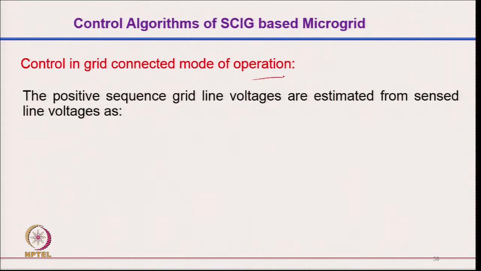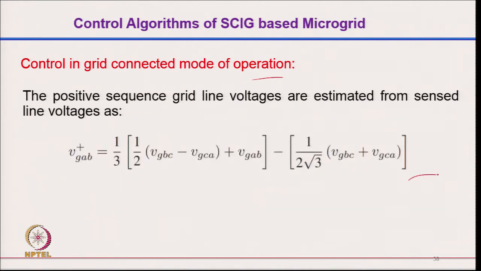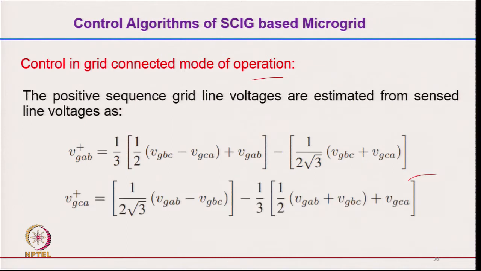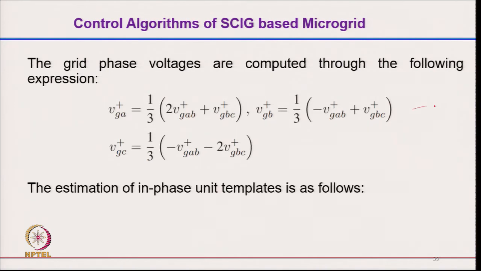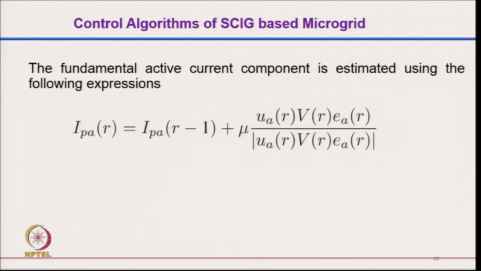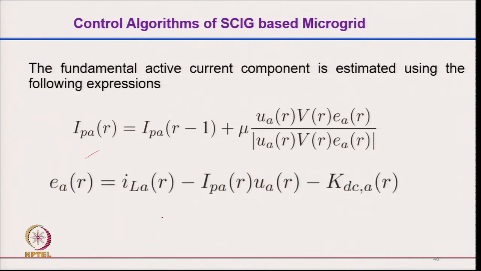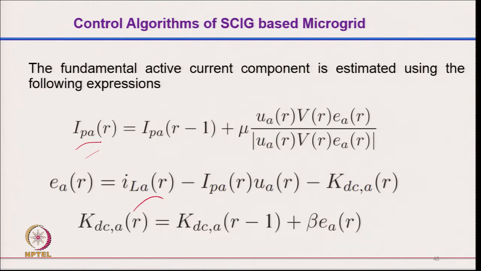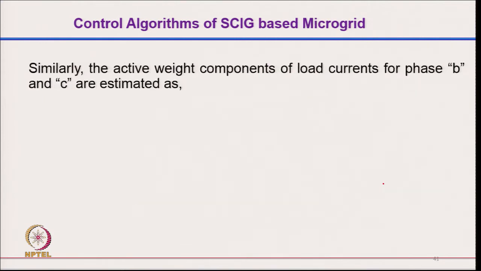The positive sequence grid line voltage is estimated from the sensed voltage. From the sensed line voltage we are able to estimate the positive sequence voltage, and from it we get the phase voltage, which is balanced and sinusoidal. Then we are able to estimate the template in phase with these phase voltages. We are also able to extract the fundamental current corresponding to the load. This is the load current, and this is the fundamental extracted current,